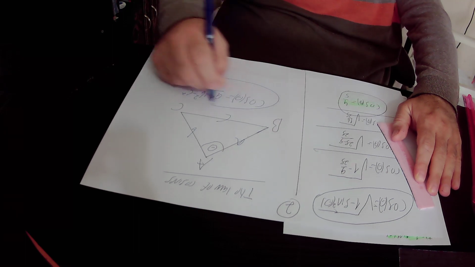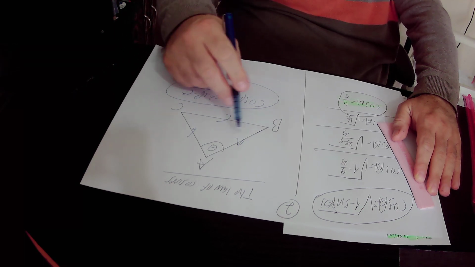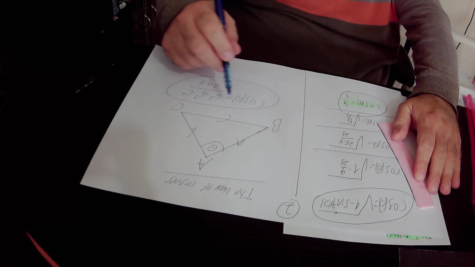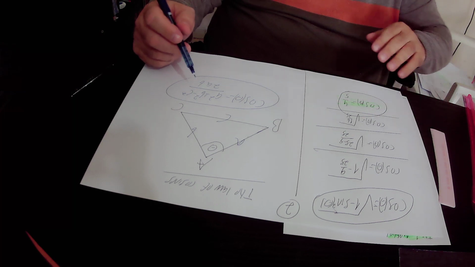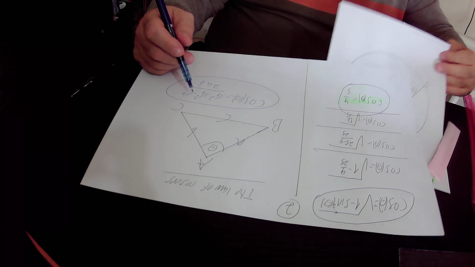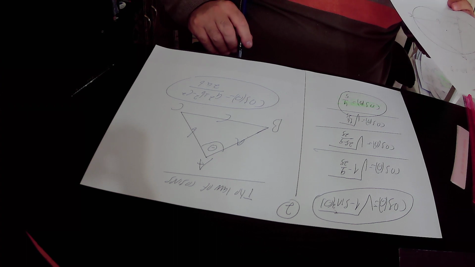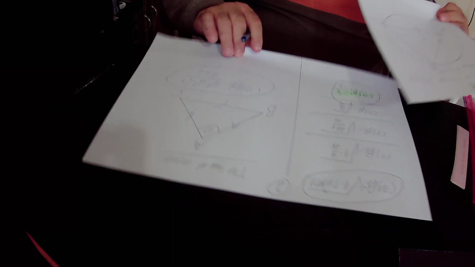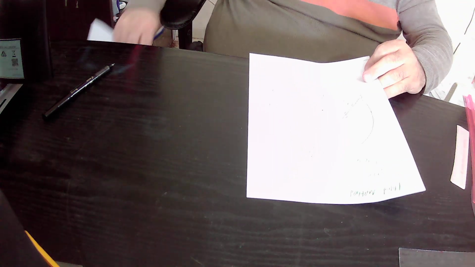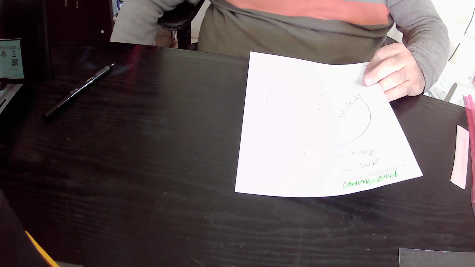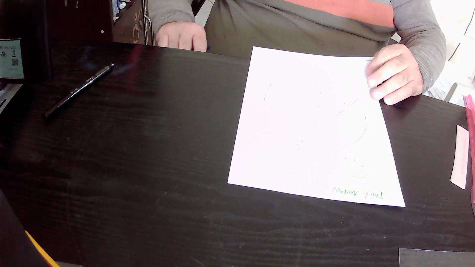Again, in this triangle ABC, cosine theta equals A squared plus B squared minus C squared over 2AB. So we will implement the law of cosines in our triangle ABC, and we will get that according to the law of cosines,